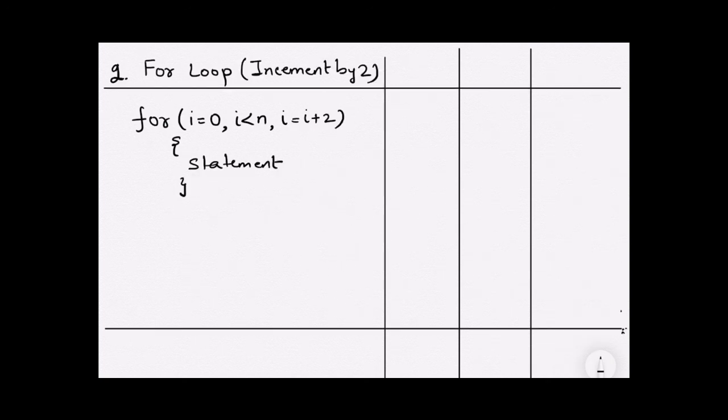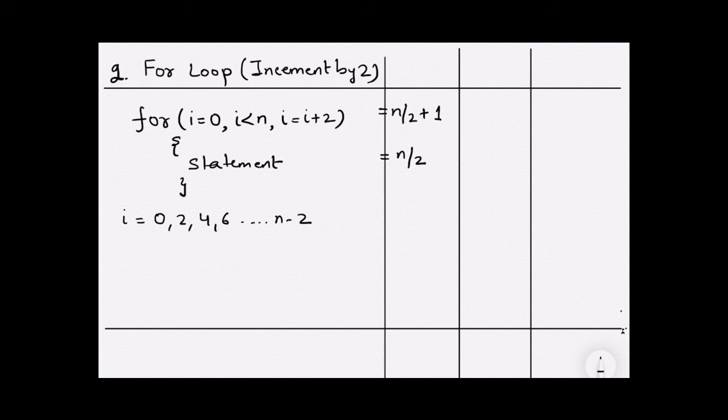So now let us consider an example where the for loop is incremented by 2 steps. We see that in this loop, i is increased by 2 at every step. So the value of i will be equal to 0, 2, 4, 6 and goes up to n minus 2 till the condition gets false and the loop exits. Therefore, the for loop executes for n by 2 plus 1 times, while the statements inside the for loop execute for n by 2 times.